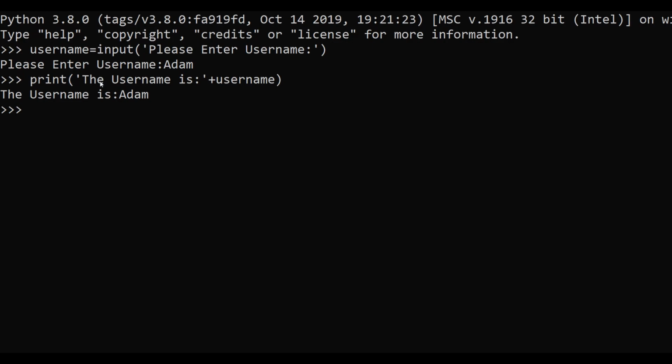So you might ask how this input function is working in Python. When the input function executes, program flow will be stopped until the user has given an input. The text or message displayed on the output screen to ask the user to enter the input value is optional. Whatever you enter as an input, the function converts it into a string. If you enter an integer value, the input function still converts it into a string. So we need to explicitly convert it into an integer in your code using typecasting.